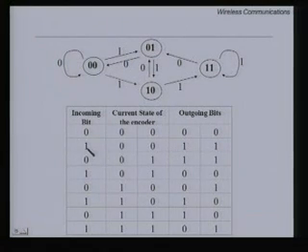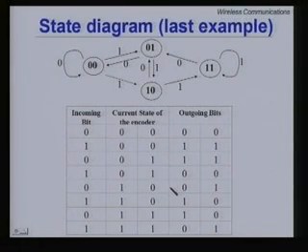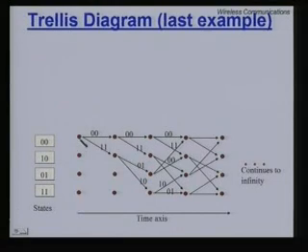So, the incoming bit is 1, the current state is 0 0, the outgoing bits will be 1 1 by logic, and the next state will be 1 0. So, here if you see, if you are sitting in 0 0 and a 1 comes, you take the lower path, the output is 1 1 and the next state is 1 0. So, the dots in the diagram represent the states of the encoder. If I had a 3 bit shift register, I would have 8 states. A 4 bit shift register would give me 16 states.